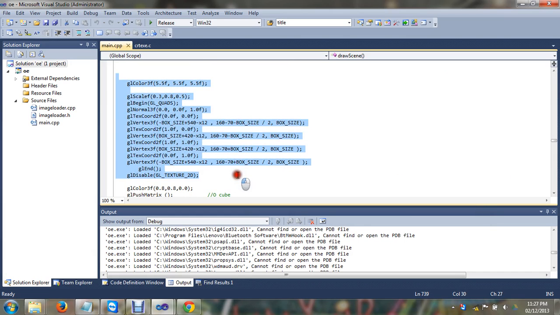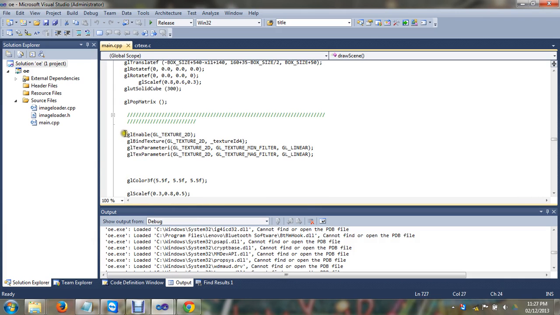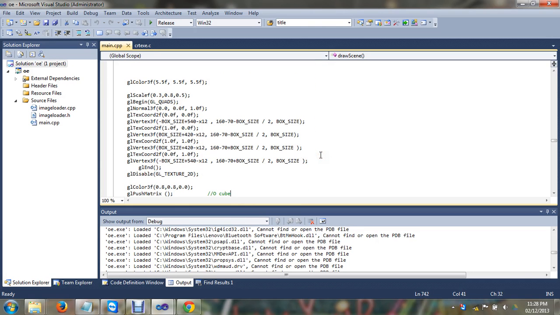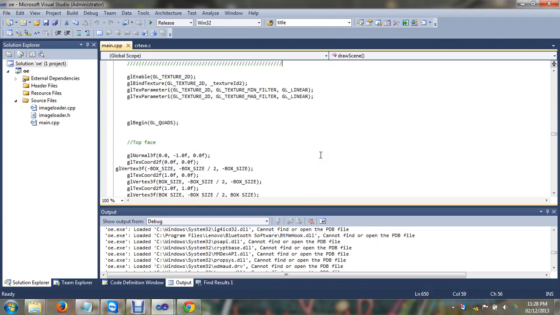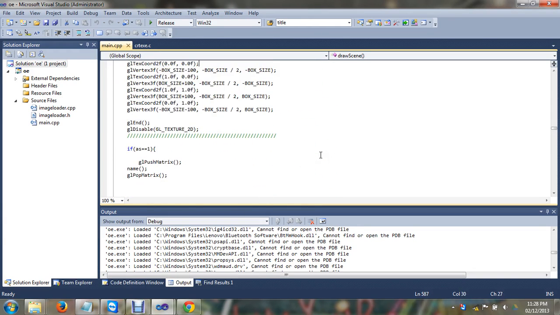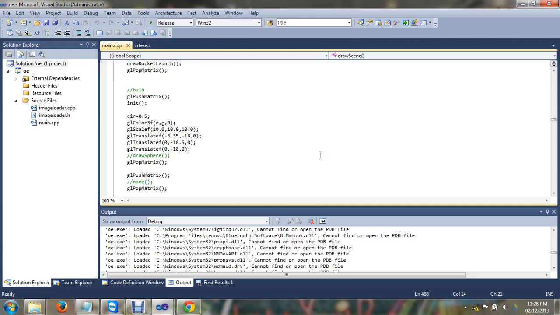Later, this is the code for texture mapping. Texture mapping is done through a texture called 2D. Here we have texture mapped. To enable texture mapping, we use GL enable, later blend enable, blend. Text parameter is to be included. Later you have to texture including the coordinates. So the motion is also animated